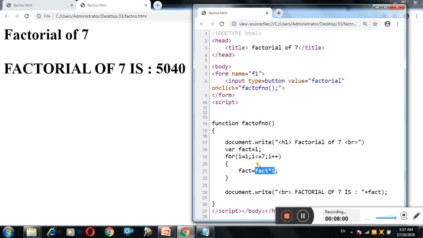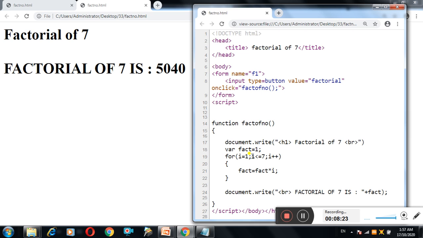Okay, so the value of fact is again 1. Then again it will increment the operator by 1, so the value of i will be 2. If the value of i is 2, it will come here and will check the condition, 2 is less than or equal to 7.